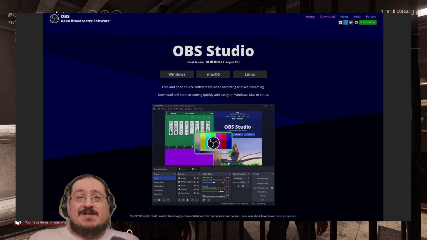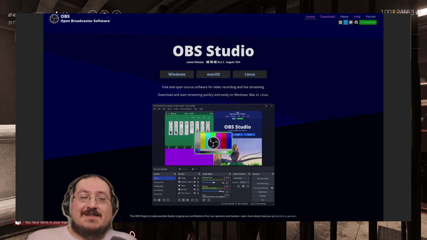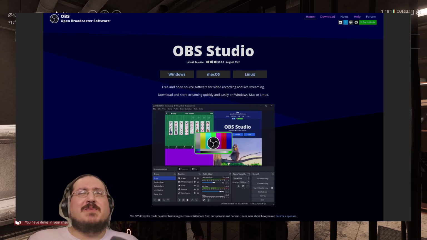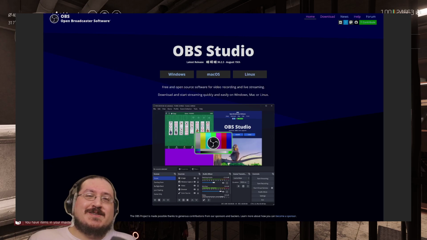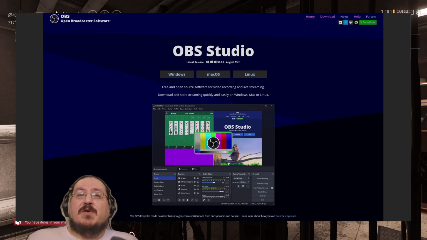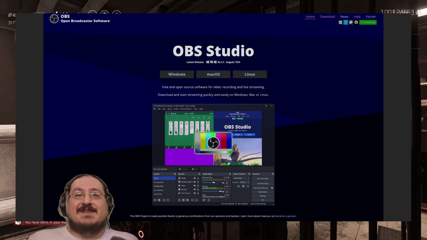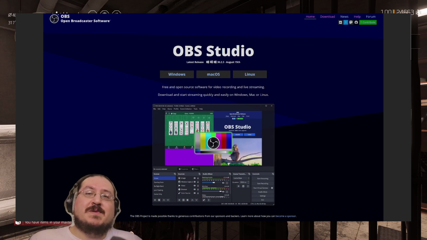There are, of course, many softwares that you can use to record yourself. Most video card softwares, if you're running NVIDIA, will have Shadowplay, I believe it's called, and AMD will have an equivalent, I'm certain, which will allow you to just set up a key press to record. Most of them, including OBS Studio as well, will have an option, for instance, to record post hoc, so after the fact, where it is basically continuously recording, and whenever you press a certain button, it will save that last moment's